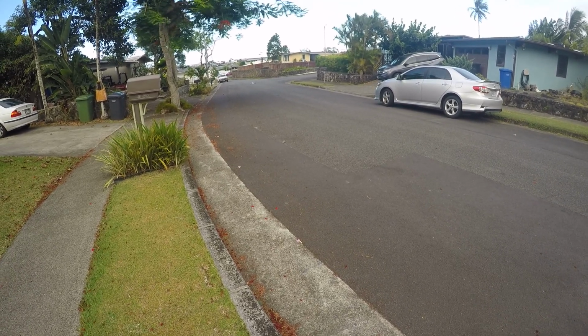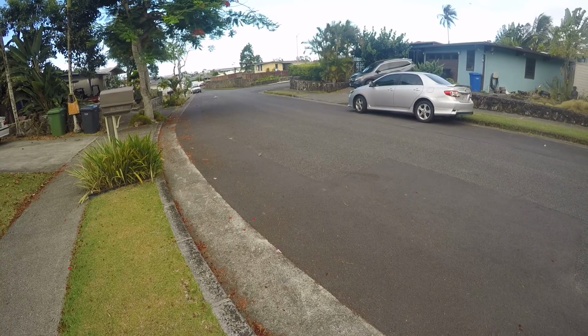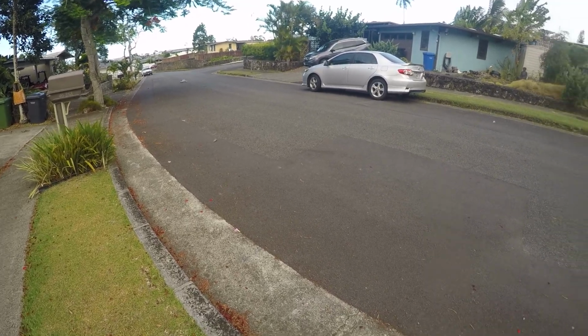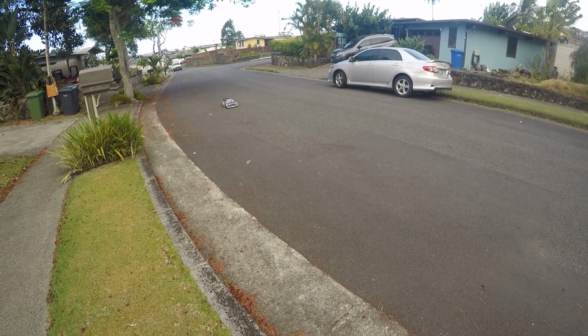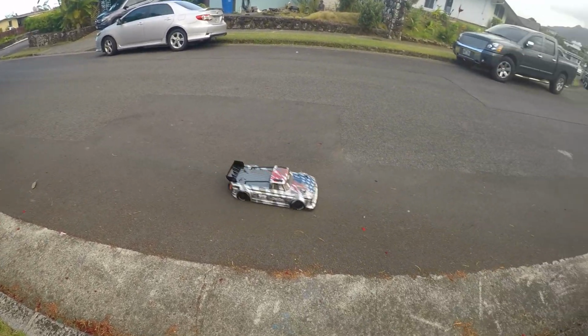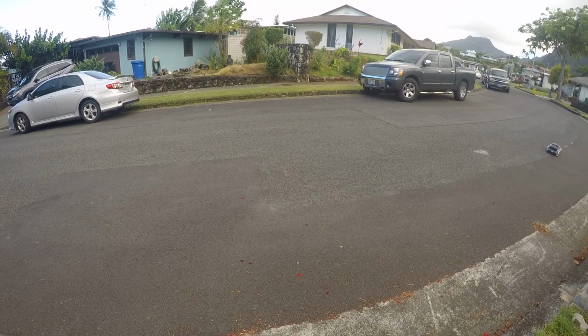Oh man, this thing turns. So it has really good steering. Look at that. So I'm running it in the afternoon. It was pretty hot during the daytime here in Hawaii. There's a little bit of drizzle actually coming, but